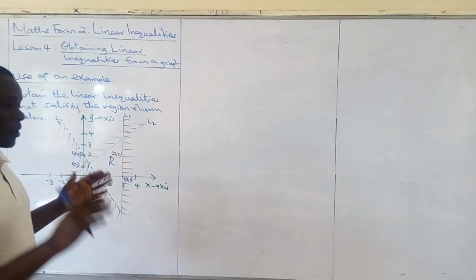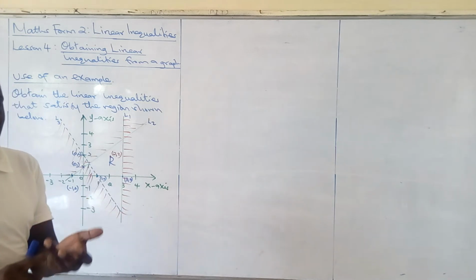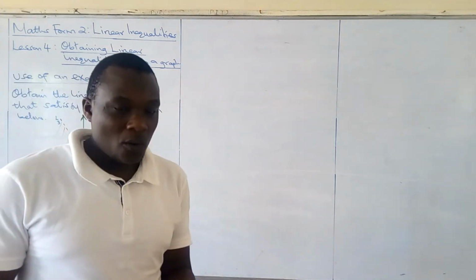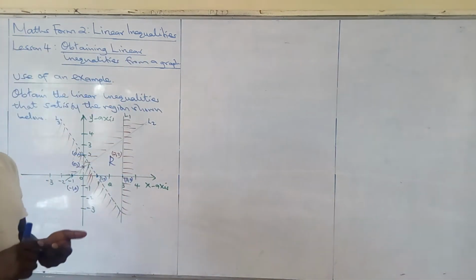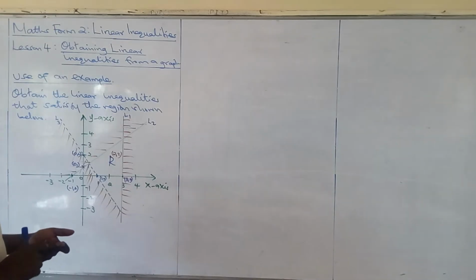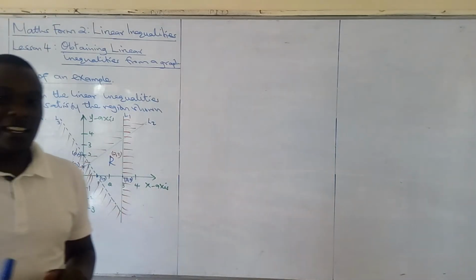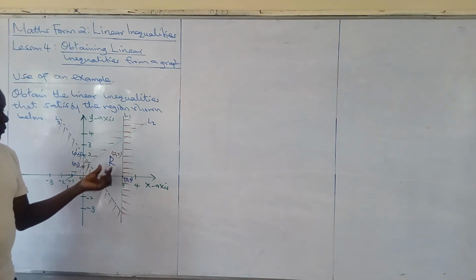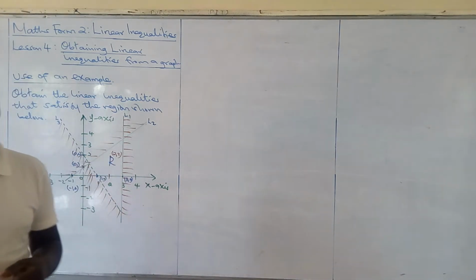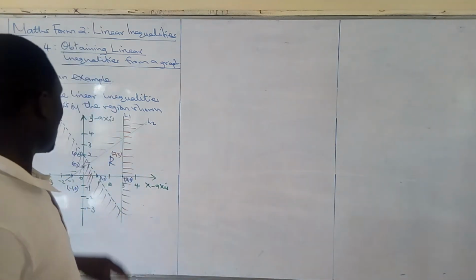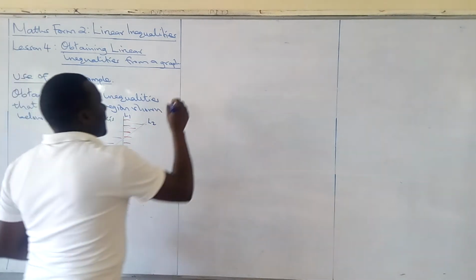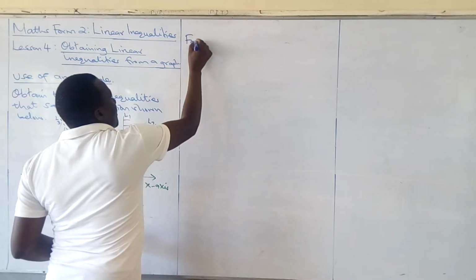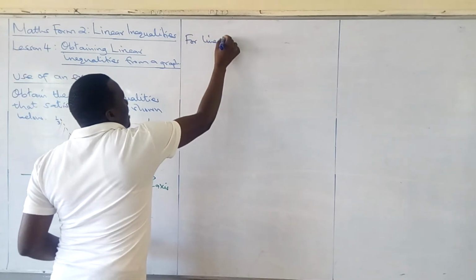So once we do all of that, we will start by finding the gradient of each given line. We obtain the equation of each line, and then to come up with the linear inequality symbols, we will use the point which I have identified as our reference point. So let's start from line 1. For line L1,